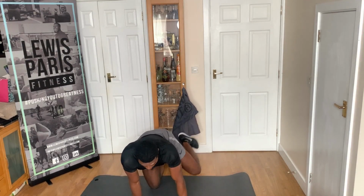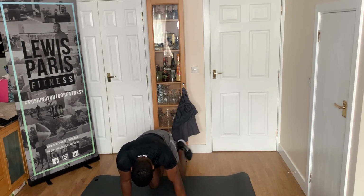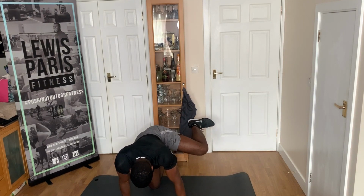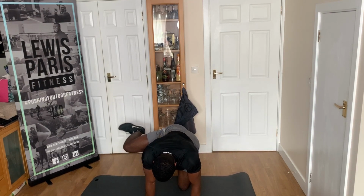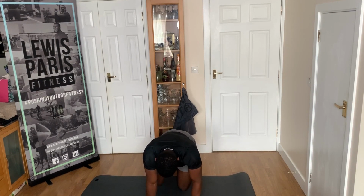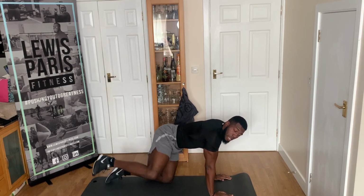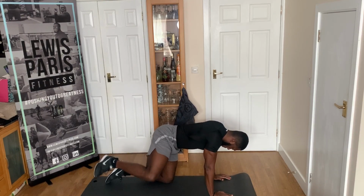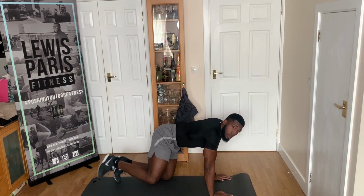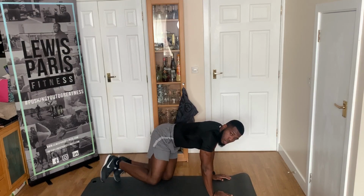Sticking with the same side. Give me 3, 2, good, and switch. That's it, aim to keep both arms nice and straight for me. Five, 4, 3,